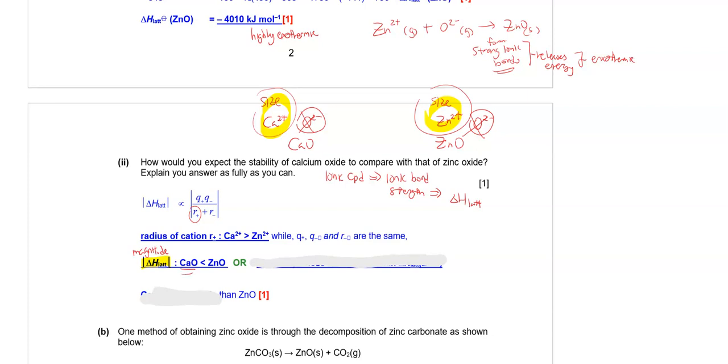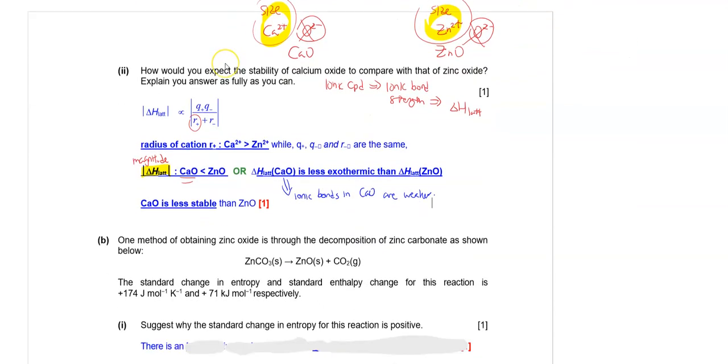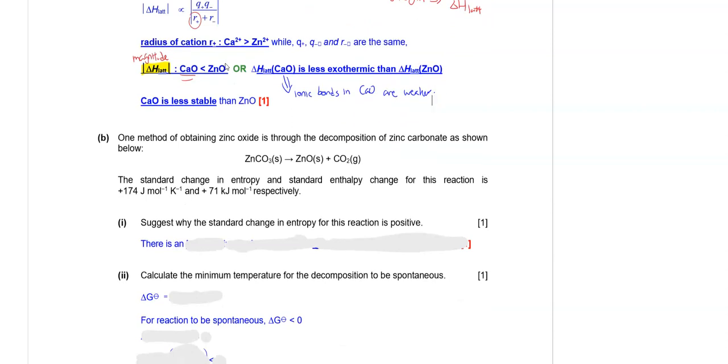Okay? Or in other words, if I were to write it, lattice energy of calcium oxide is less exothermic than zinc oxide. This will imply the ionic bonds in calcium oxide are weaker, and as a result, calcium oxide is less stable than zinc oxide. Okay, moving on to B. For B, we have standard change in entropy